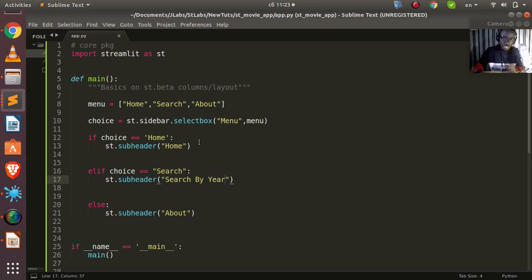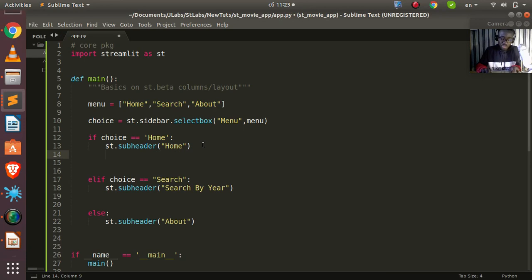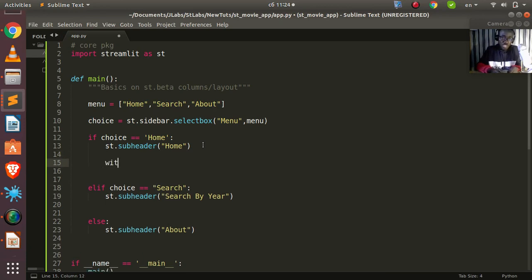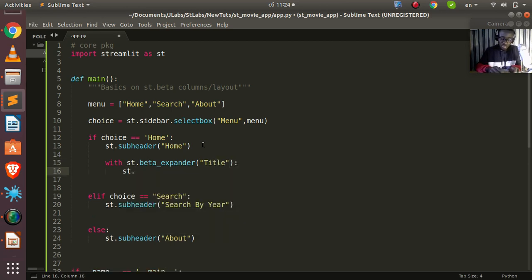Just go back to the same place. Let's create a simple one. Then we can go straight away with the option that you want. This is also a context manager. So with st.beta_expander, right, I'll pass in whatever I want to do. Let's say I want to get, let's say, a title, then I'll go with st dot anything that you want to do. So let's say text area,